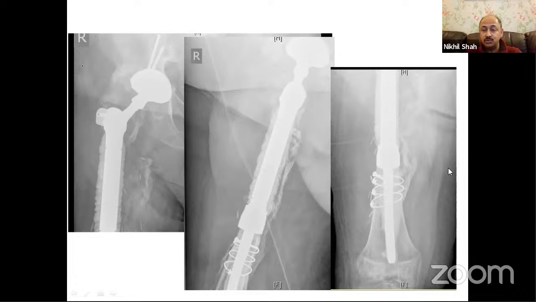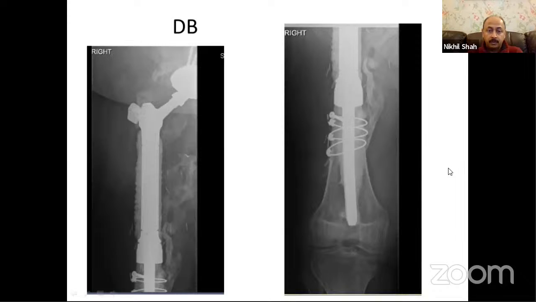So what you tend to do is you leave a sliver of the greater trochanter if you can, and then apply it to the lateral part of the stem on the flare. And then you can put a little plate on it so that you can attach the trochanter with the abductors to the lateral part of the cortex so that you can get relatively good abductor mechanisms. And if you have any doubt, then you have to go for a dual mobility or a capture cup to try and get stability. And that's his follow-up at approximately 3 years.